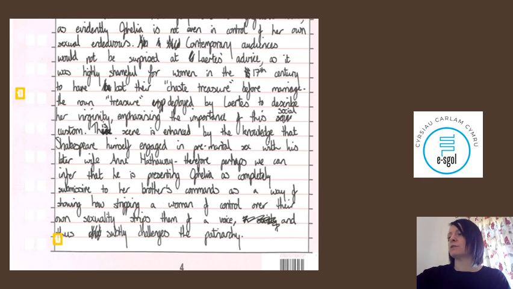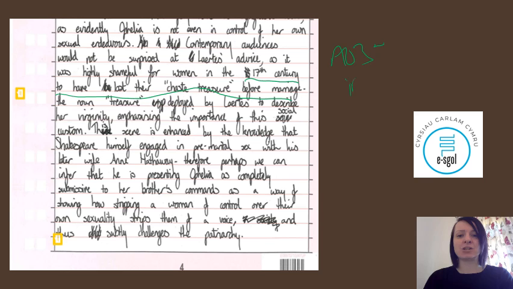So here again you've got quite sound, quite secure use of AO3, where the candidate refers to the 17th century to have lost their chaste treasure. So when we were talking earlier about AO3 and the fact it's worth 30 marks and that it needed to be integrated, look how this candidate is using AO3 and AO2 side by side, backing up their AO3 with evidence from the text. That is the way to go about it. So continues then with